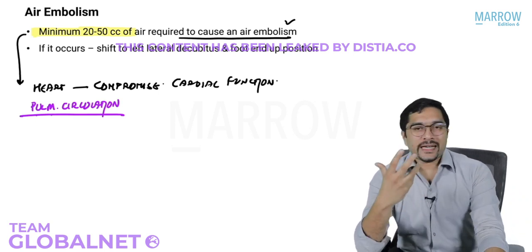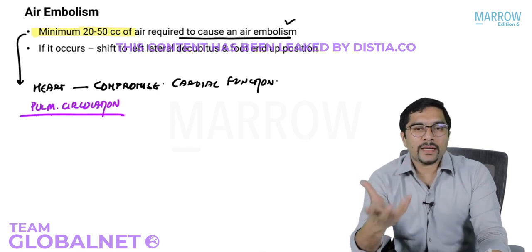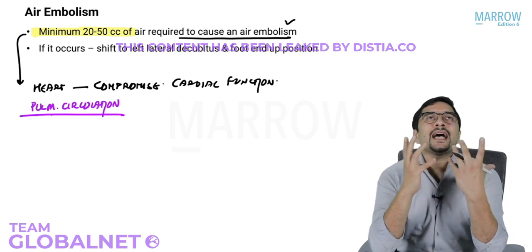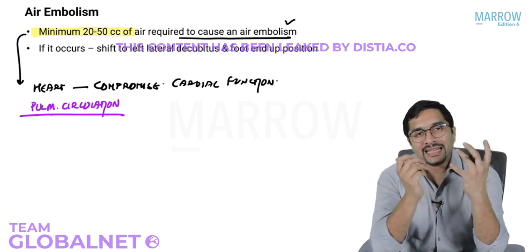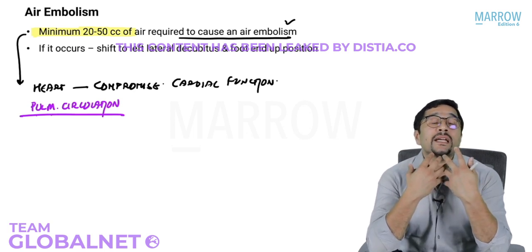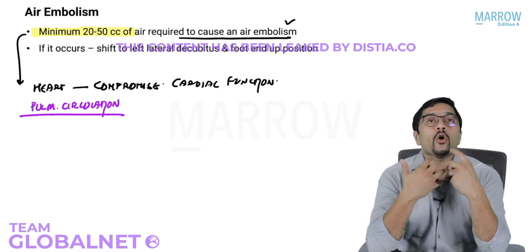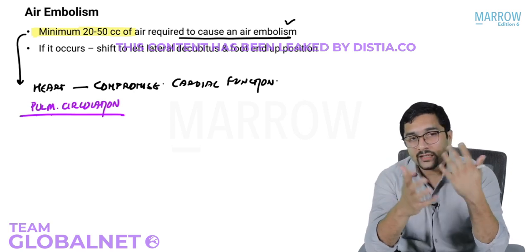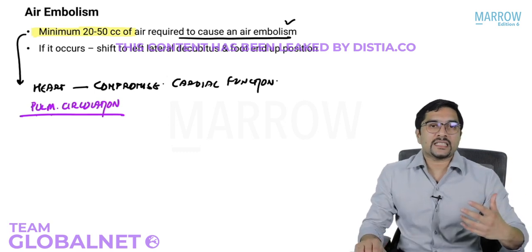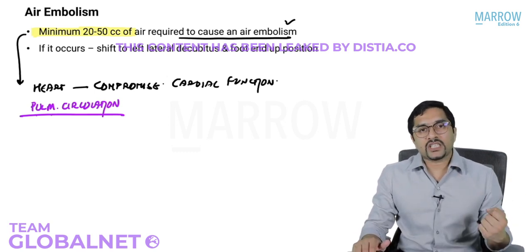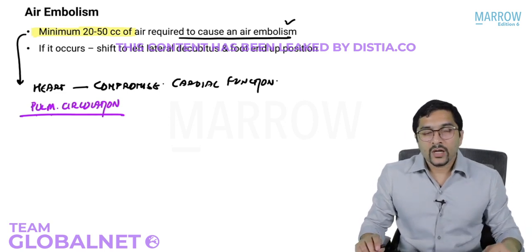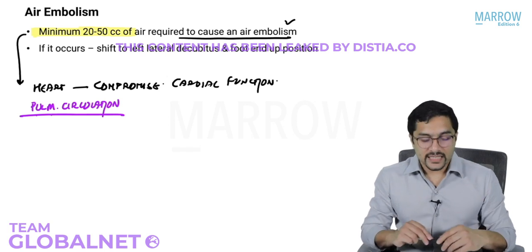So if you're suspecting a patient with air embolism, how will the patient present? Supposing the patient is undergoing a thyroid surgery. In thyroid surgery also we have head up and there is increased risk of air embolism. During thyroid surgery, the patient can suddenly collapse, or the vitals can become suddenly deranged. The anesthetist would notice that there is tachycardia, ventilation is becoming a challenge, and the BP is suddenly falling. So in those patients, we should suspect an air embolism.